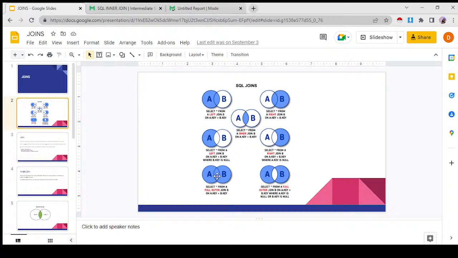Whenever they are getting mapped, in that case, both of the rows from both of the tables would be present, both of the values from each of the tables. When they are not getting mapped, from each table the value would be there, but their corresponding value, which should have come from the next table, would be blank. Okay.